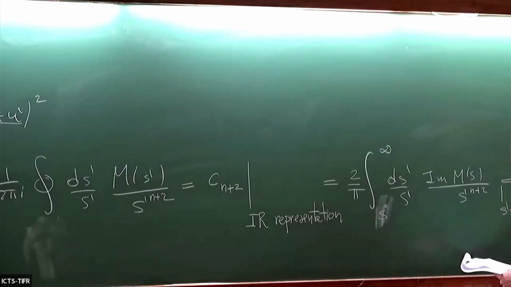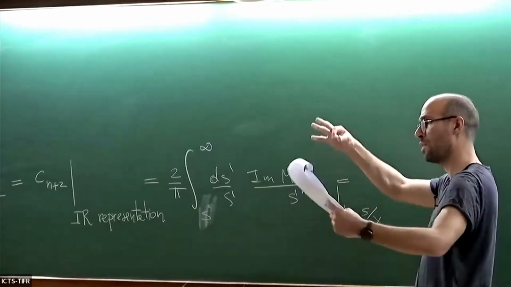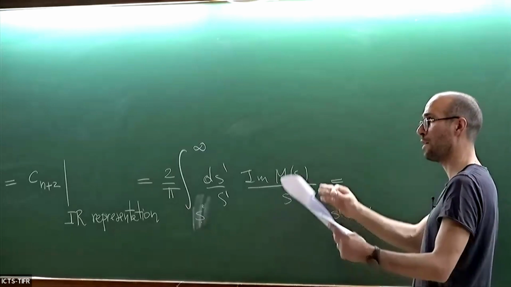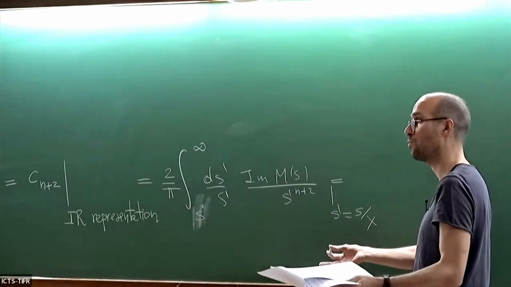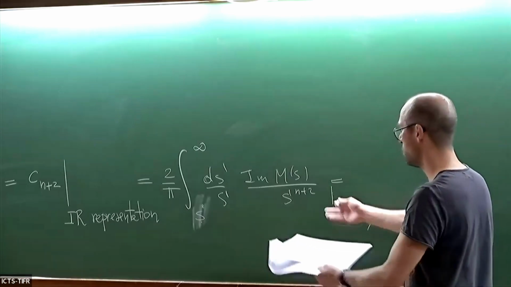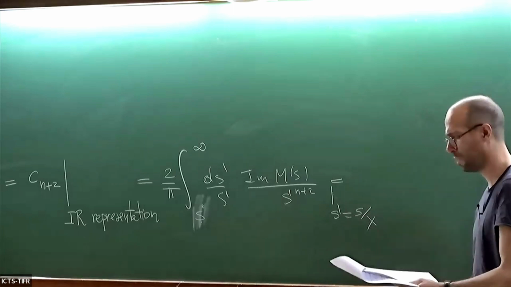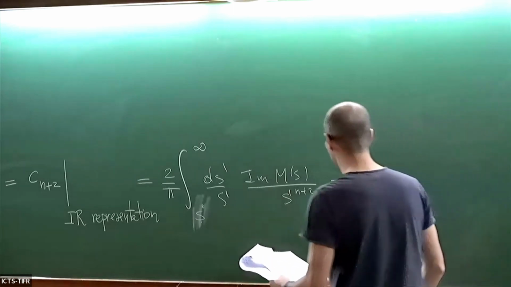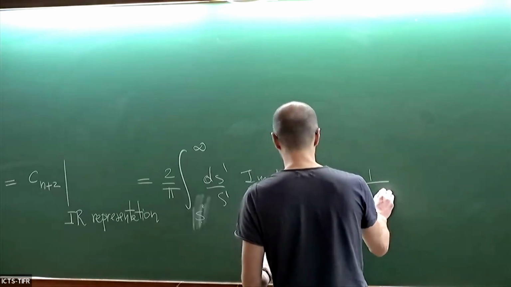Let's normalize s here. If I neglect infrared loops, I can take it as large as m squared. So you can think of s basically as m squared. Otherwise, this formula is going to hold also with loops included. So that's why I'm keeping s around here. After this change of variables, this is nothing but some